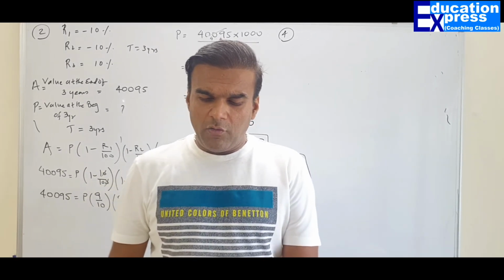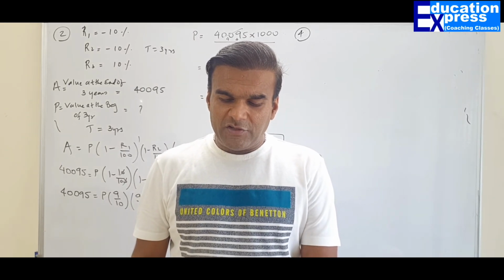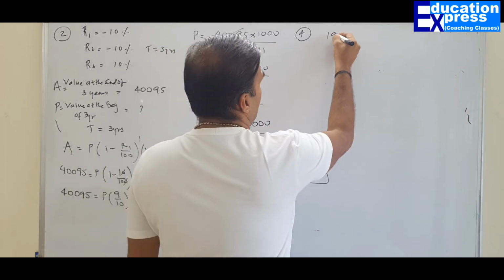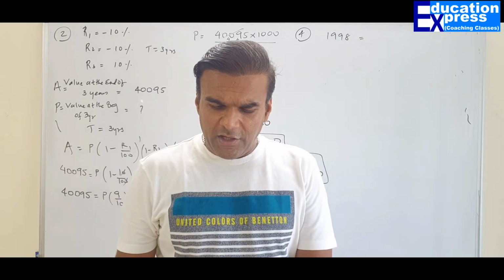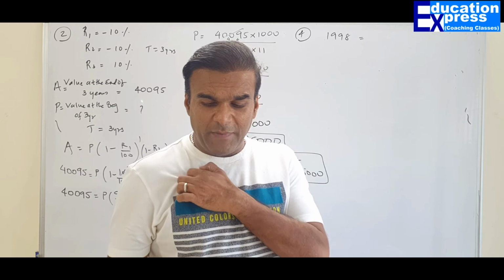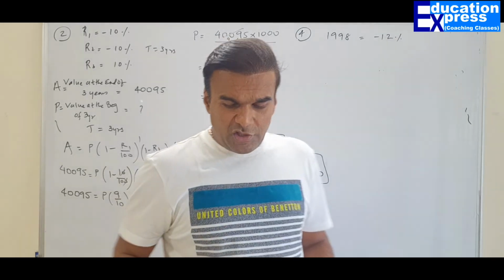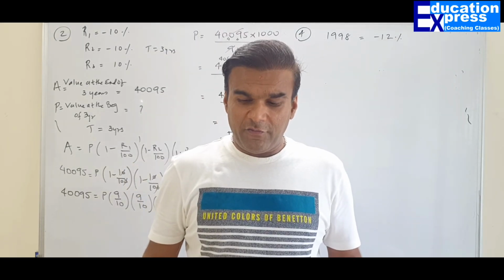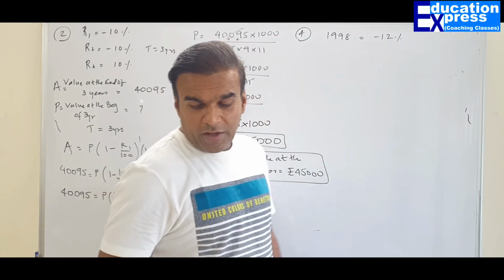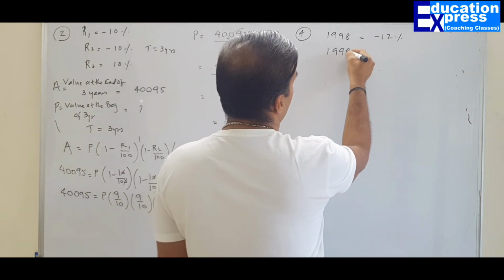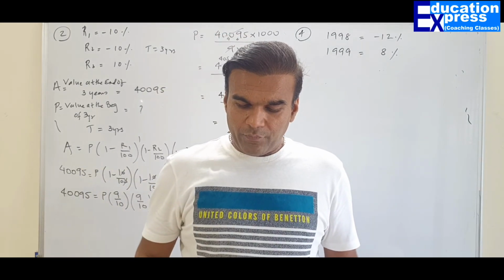The population of a town decreased by 12% during 1998 and then increased by 8% during 1999. So in 1998, the population decreased. Generally, the population is prone to increasing only. For the first time in 1998, as per their data, it is decreasing. Then it increased by 8% in 1999. This is what exactly is given in the data.